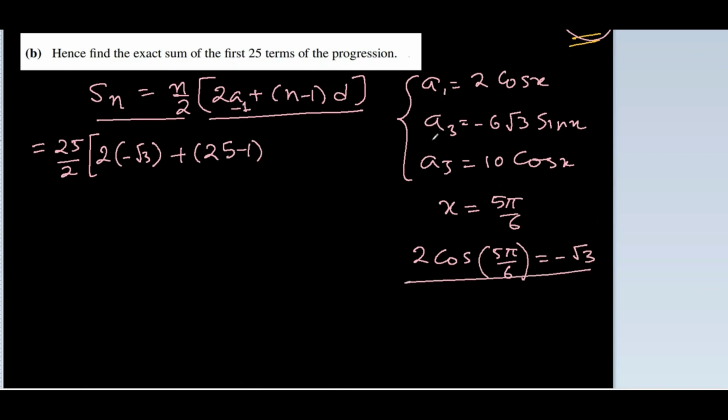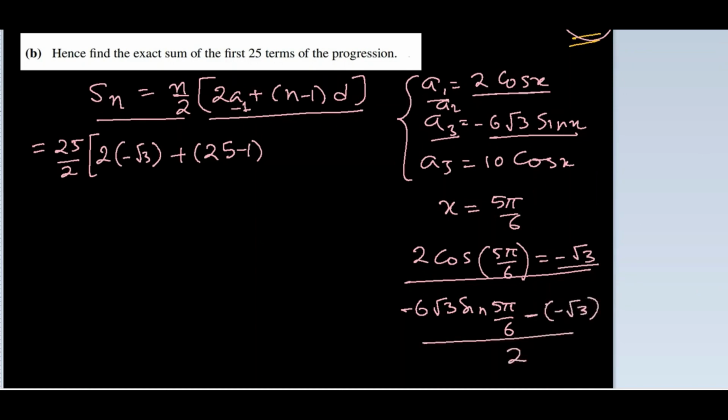The difference between a3 and a1 will be two common differences, because a2 is in between, which we don't know. So let's subtract and divide by 2. So minus 6 square root 3 sin 5 pi by 6 minus, we already know 2 cos x is minus square root 3, so minus minus square root 3,